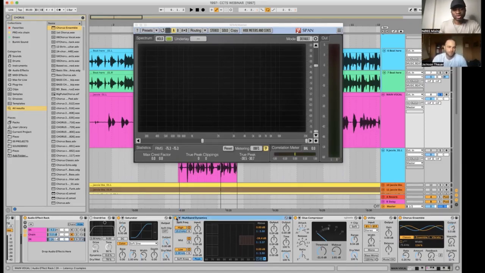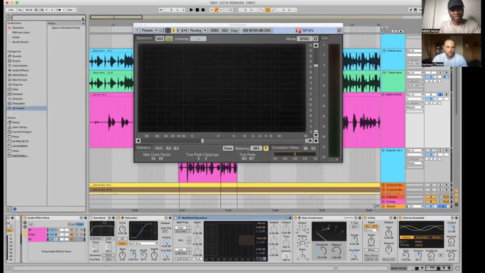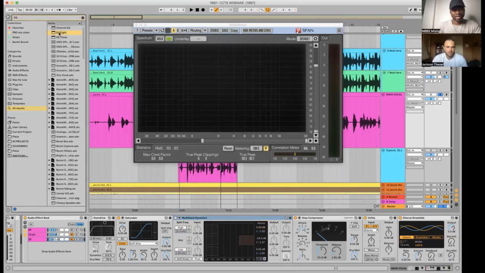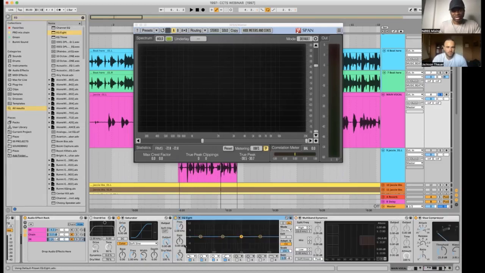So if I don't want to use this at all, I'm going to have to figure out a way to create that 2K presence, because if I don't use EQ or a crossover to do that, it's going to be too much, since it will affect the whole frequency range. I don't want that. I just want that 2K presence up. So I can use a shelf. A shelf is more gentle than a crossover.